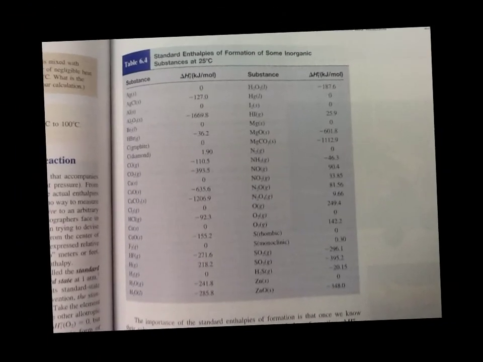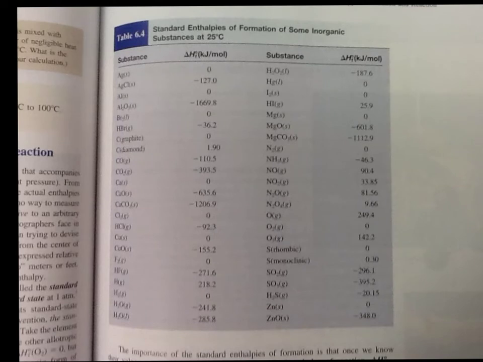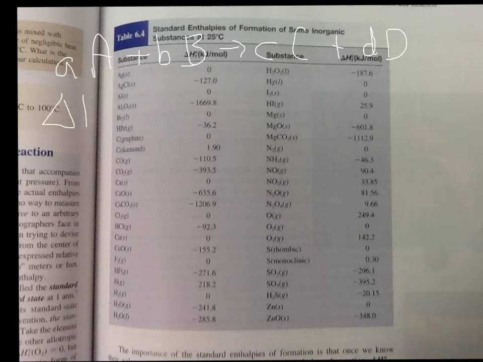So, what do we do with these heats of formation? Well, I'll tell you. It turns out, my friends, that these heats of formation can be used like they were absolute enthalpies. These heats of formation can be used if you have a reaction in which A with a coefficient of a reacts with B with a coefficient of b to form C with a coefficient of c plus D with a coefficient of d, the delta H of this reaction,